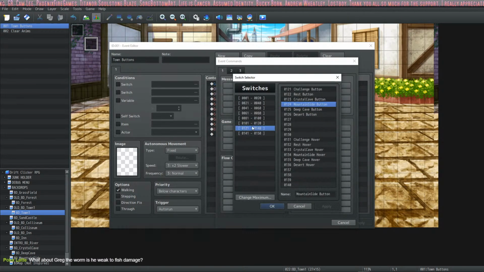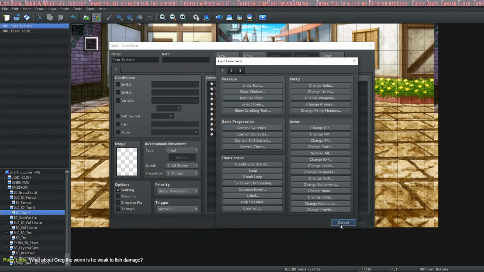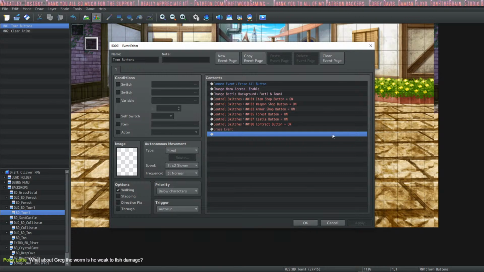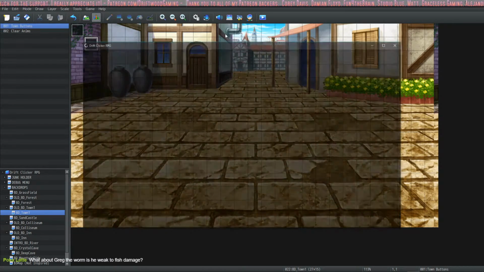So that button will let me switch to a map, and then on the town I'll have to update that. I'll have to make a new switch. Should be fine. I don't need to come back. Like, that'll just be it. Okay. That'll tie into everything else here. It should be fine. Let's see what happens.